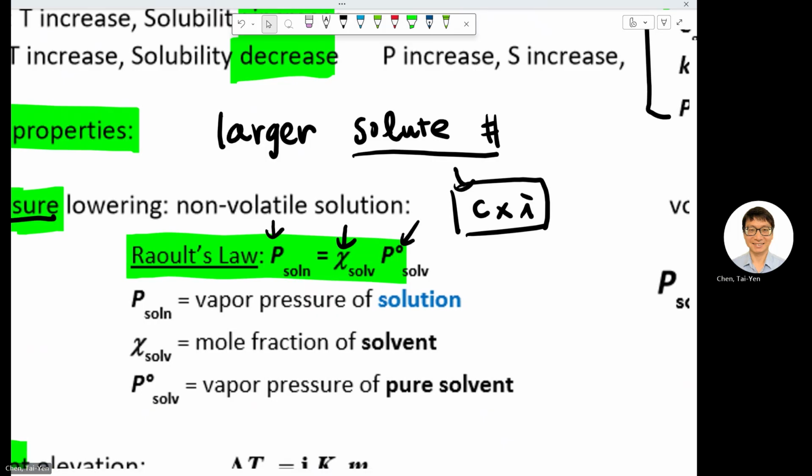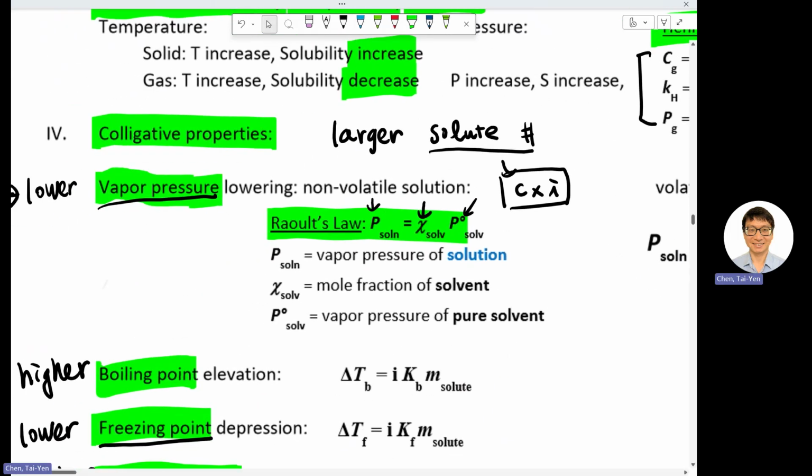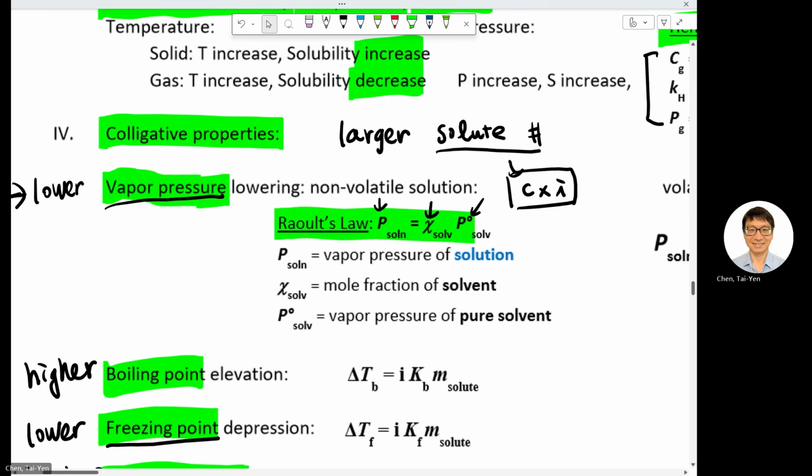If not, then let's talk about another one. The freezing point. Why do you get a lower freezing point when you add in more solute? The idea is actually very simple. Think about the one without solute. What happens when you freeze your water? Your water molecules need to